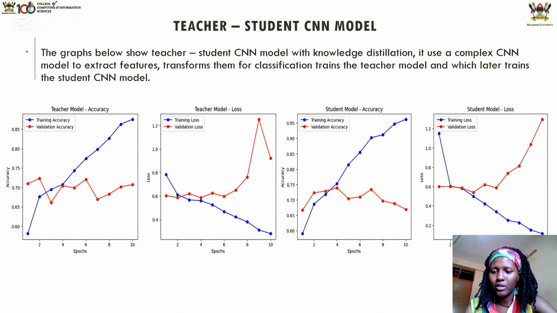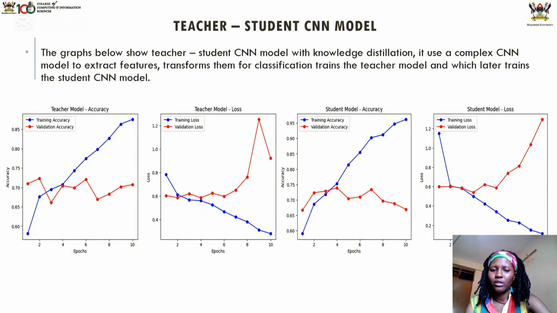We created another knowledge distillation model that uses two CNN networks, and you realize that compared to the other two that used VGG and ResNet, this one seems to have an accuracy that is not on par with the validation. The training accuracy and the validation accuracy seem to be different. But the main thing we could say about this is that whenever the validation accuracy is low and the accuracy for training seems high,